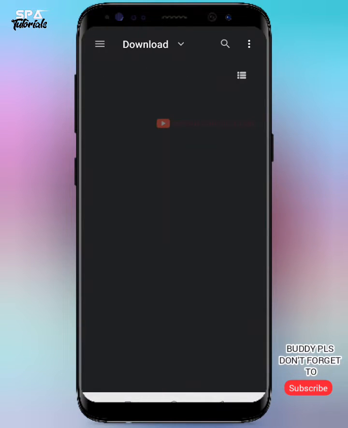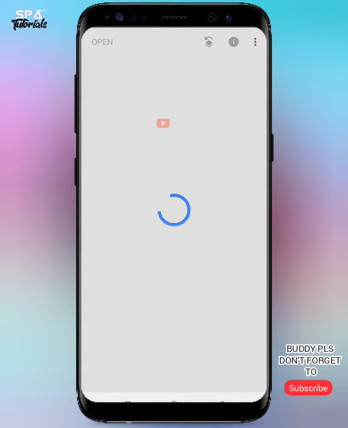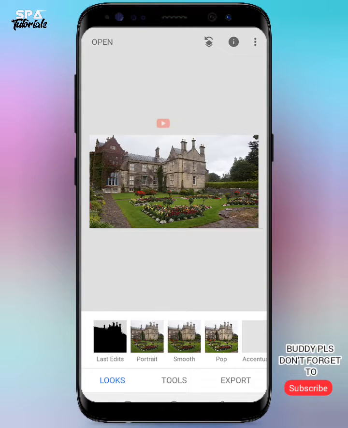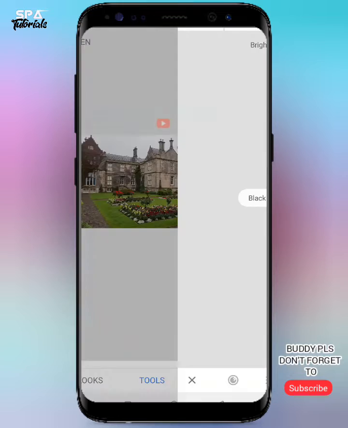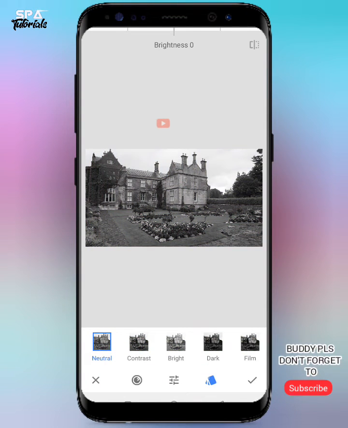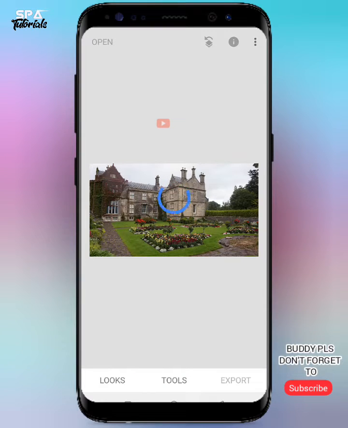First, you're going to choose the picture or the photo that we are going to edit. And what you're going to do, you go to tools and you look out for black and white. When you get black and white, you are going to choose the blue color, so you select blue. It's going to give it a darker black, so you select that, and after that you are going to